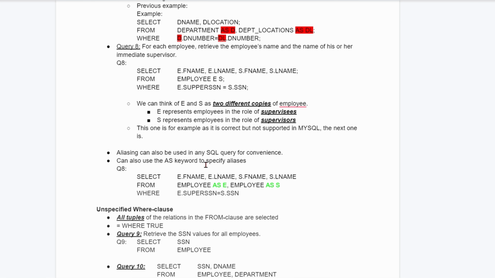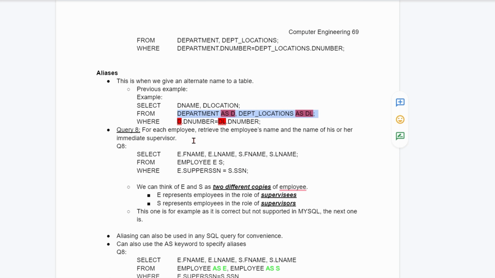So aliasing can also be used in any SQL query for convenience. We can also use the as keyword to specify aliases. So we have basically the same thing as up here, except this is the way that we're going to be doing it. We have employee as E and then employee as S. So that's just the way we do it, just like how we did it up here. And that's going to be how we look at aliases